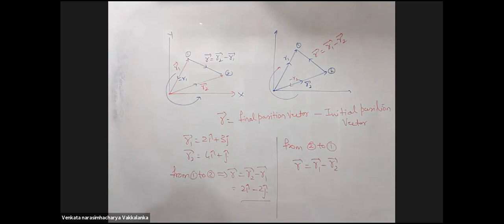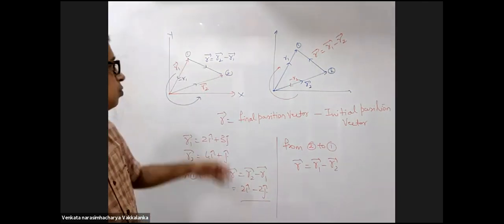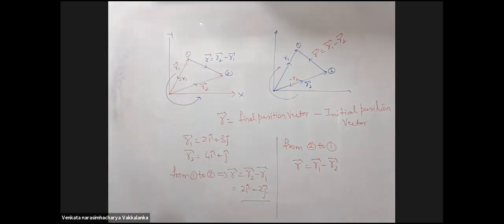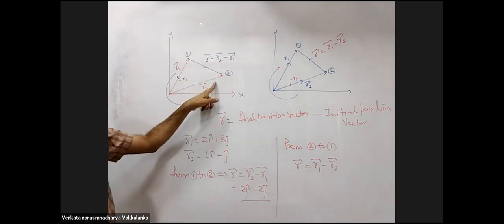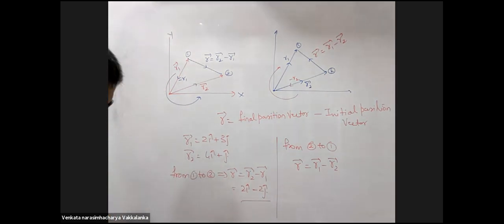Sir, can I ask? Yeah. If the first vector is in 2 dimensions and the second vector is in 3 dimensions, any two lines can always be in one plane. So if the second vector is this way, then my xy plane itself will come this way. So it should always be in the same plane. Actually, these two lines will always be in the same plane. From two lines, you can always draw a plane. Okay, sir. Thank you.